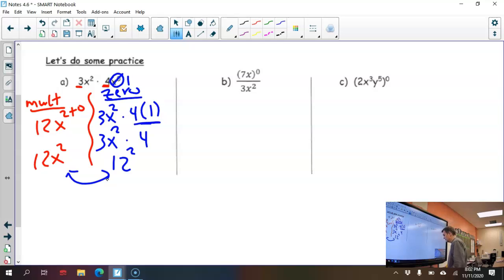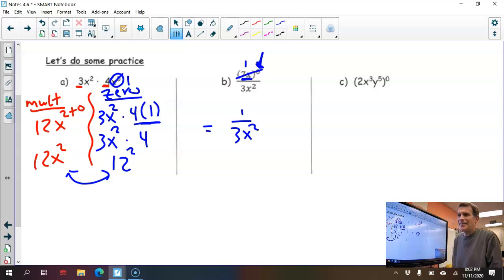How about this example in the middle? Well, this thing in the middle, this whole thing in parentheses, is to the 0 power. That wasn't a very good arrow. Oh well. So that means this whole thing is equal to 1. And my answer is 1 over 3x squared. And then last up,